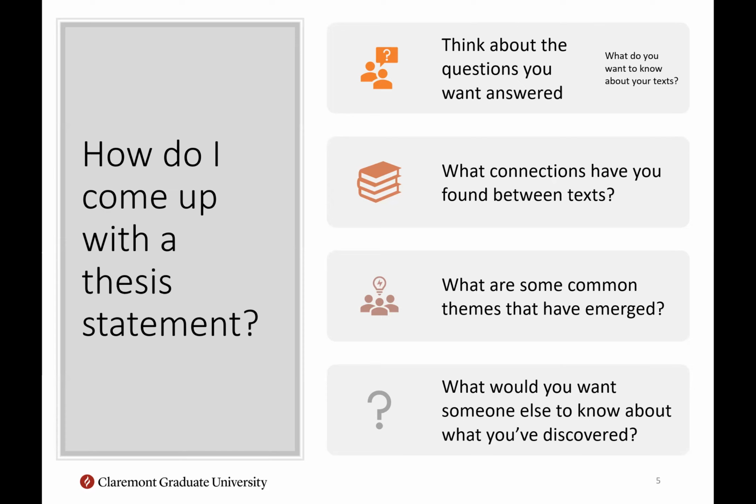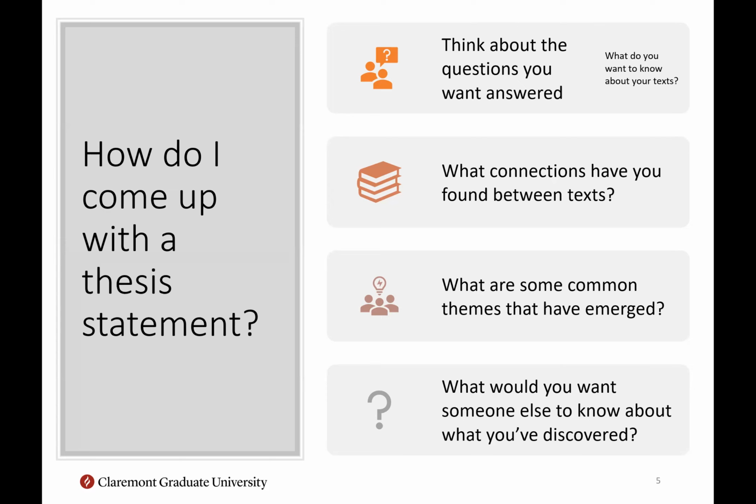What connections have you found between texts? Maybe you have disparate sources. At first glance, they don't seem to go together, but you're noticing common themes. So, getting into my next point here: what are some overarching topics that seem to keep coming up? Is there a way you can link two disparate things together in a new way? That might be your starting point for a research question. So just be looking at continuity, at connections, and be thinking about things that haven't been addressed in your readings and what you want to know more about.